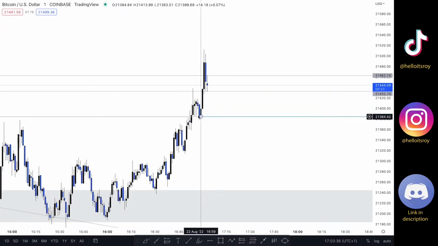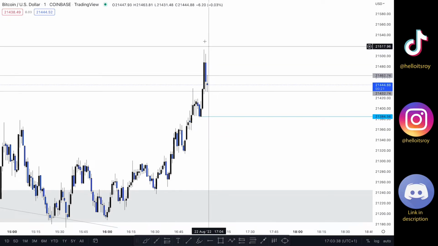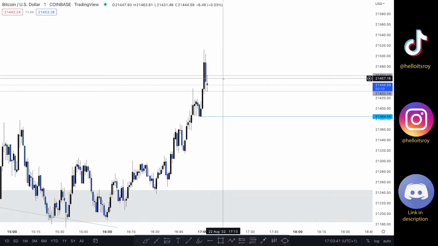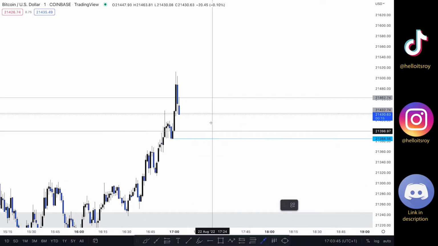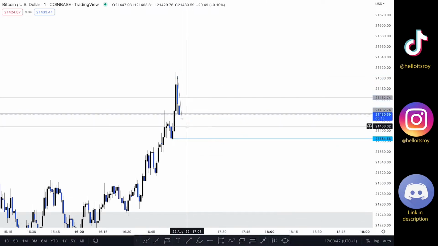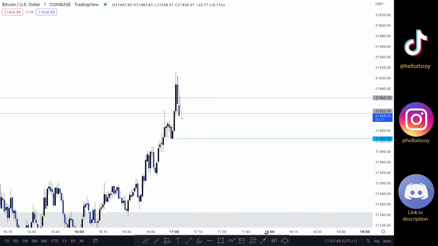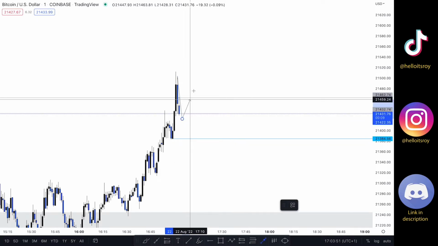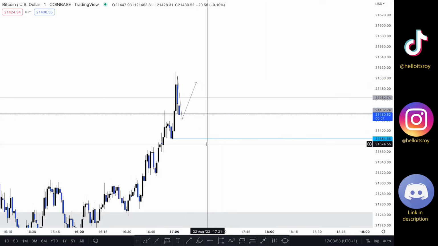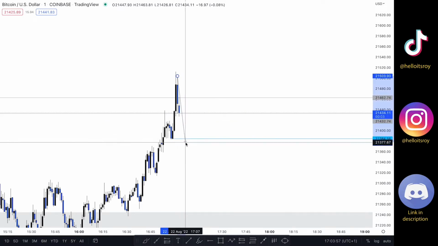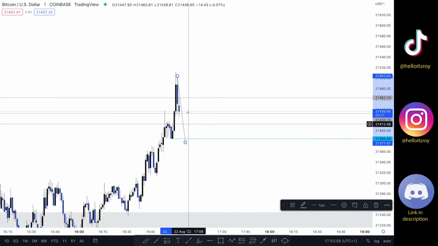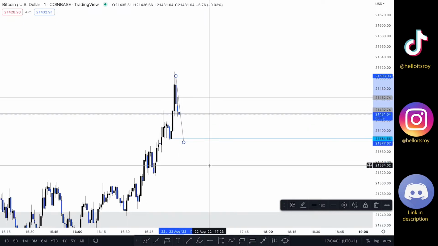The reason why I'm waiting for this low to be taken, I usually enter at the top or something like that. However, the reason I'm waiting for this low right here to be taken is because I'm afraid that this push through to the downside is only a push to fill this imbalance and then push through to the upside. If that's the case, then I don't want to be on this trade, so I'm going to be waiting for the market to actually push through right here and take out this low, and then I'm going to enter at this low right here after it's been taken. Let's see how this goes.